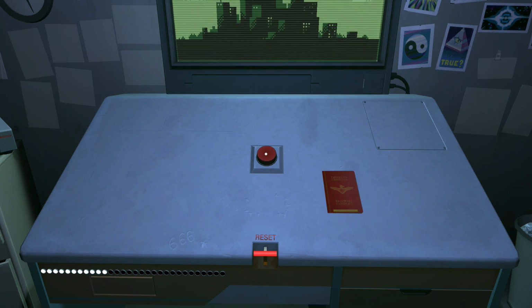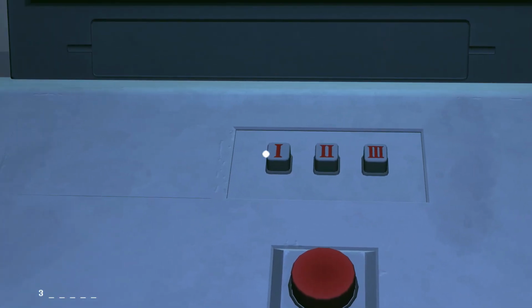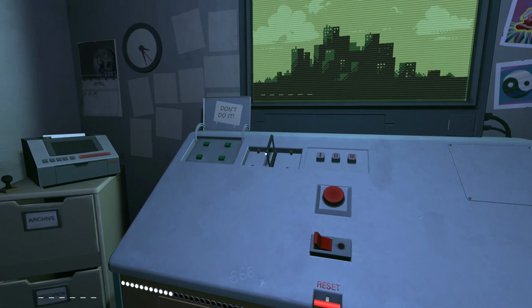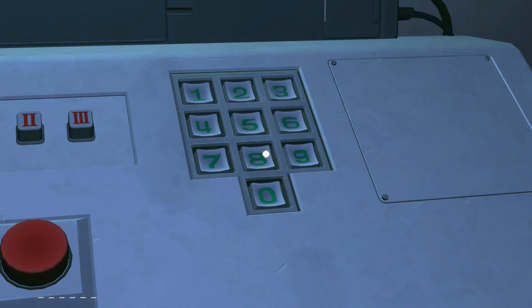Alrighty, so ending number 12 is the Meteor ending. So to get this one, you want to go ahead and hit the red button twice. When the Roman numerals appear, put in that code from earlier, the 312213. And then when the lever on the left appears, go ahead and pull it to the left to get the 10-digit keypad. And when the keypad appears, put in the code